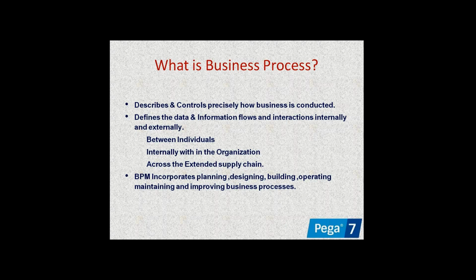Using this, what a business process defines is that it creates a connection between the individuals internally within the organization, and any third-party applications that are available. So we can also connect to third-party applications. That is one total application, where internally we can manage the connections within the business process. For example, if you open any banking application, you are the people, and you will be connecting to the application.